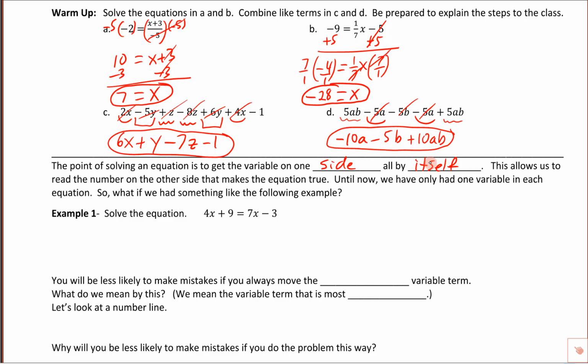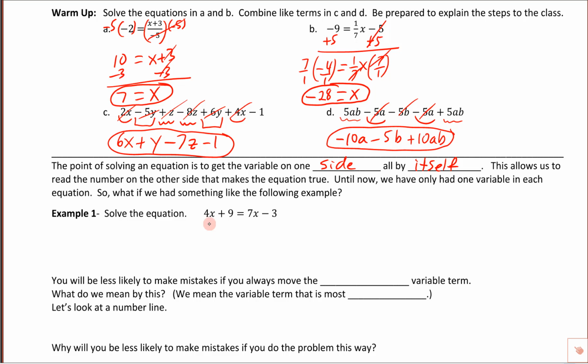And what we've done so far is every equation has just had a variable on one side or the other, maybe the left, maybe the right, but not both. So let's take a look at what we do if we have something like this. Now you've probably seen things like this before, so we just kind of want to remind ourselves of how we do this. We could move the 4x over to this side, or we could move the 7x over to this side. Now there's a way that would be best here, and I'm hoping that you remember what that is,